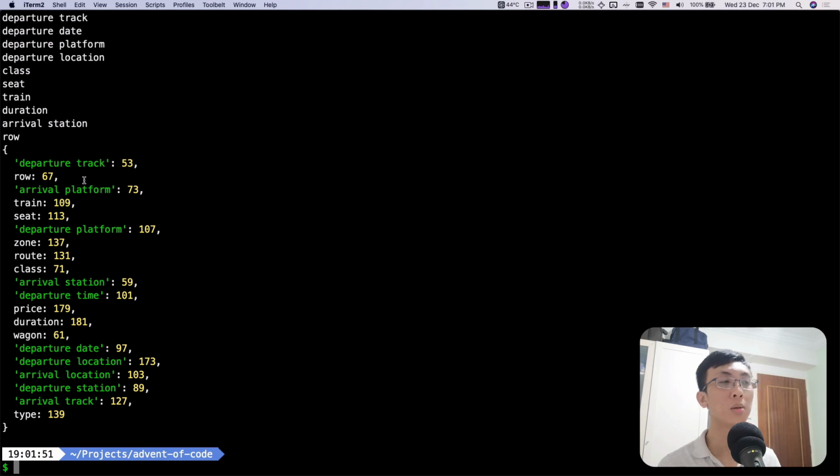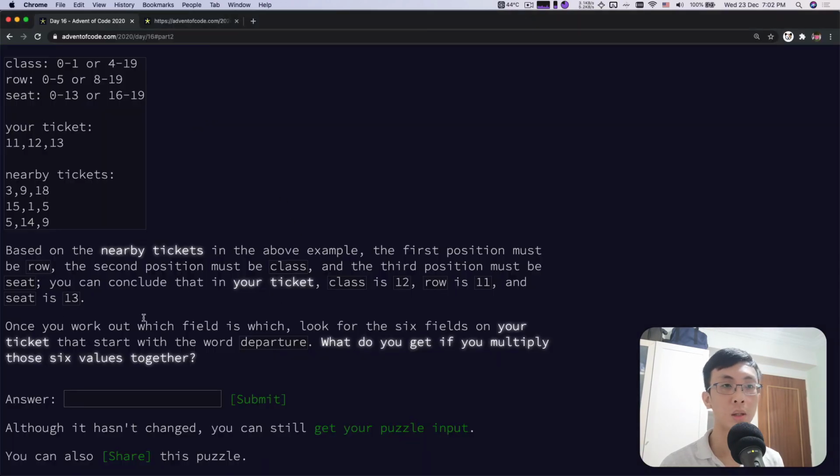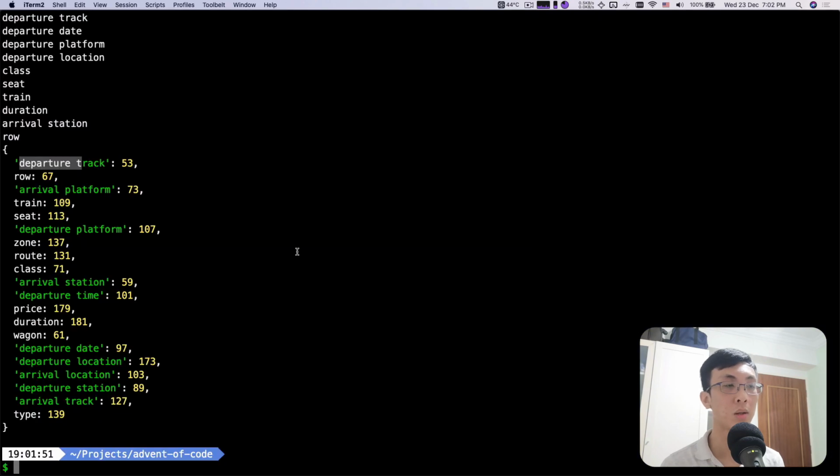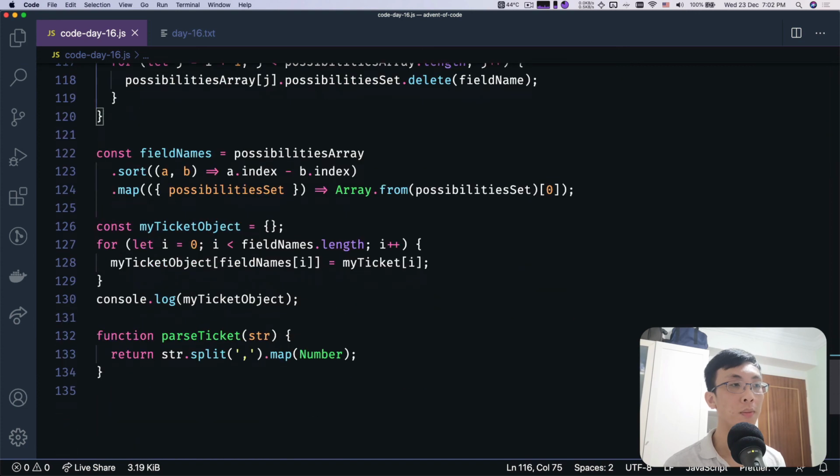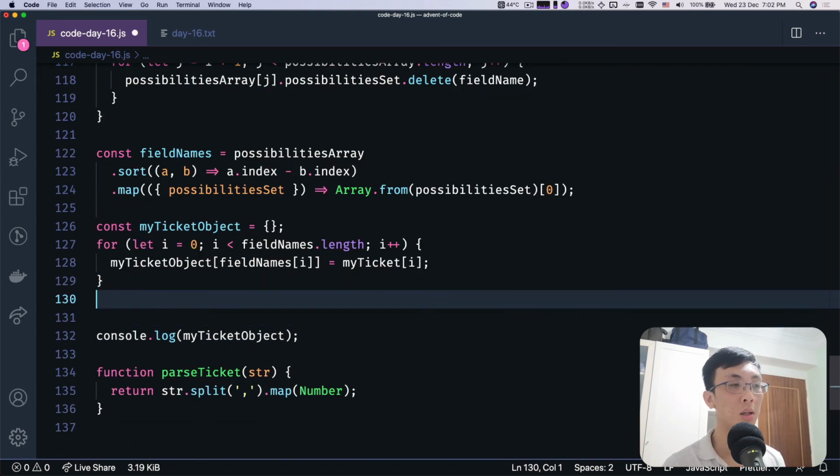And then we need to find out keys that start with departure, right? According to it, we need to find the fields that start with departure and get the values and then multiply them together, right? So okay, let me remove this console log. So what we do here is that